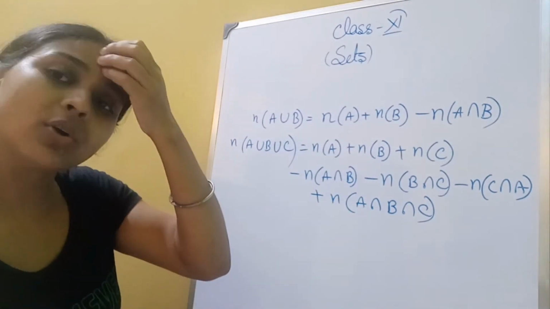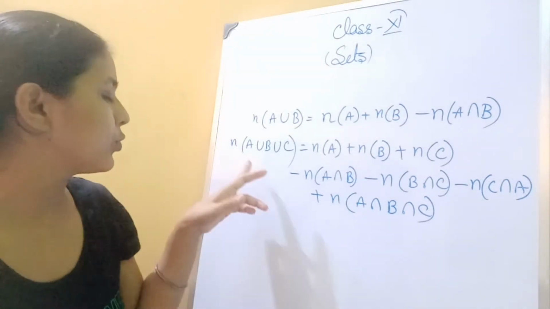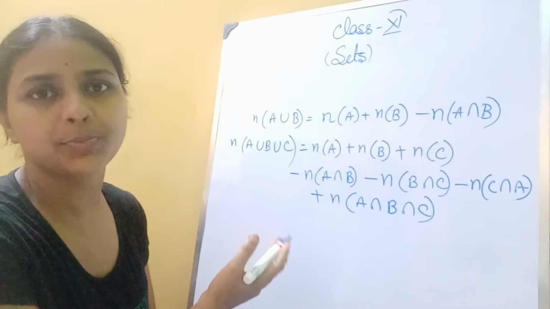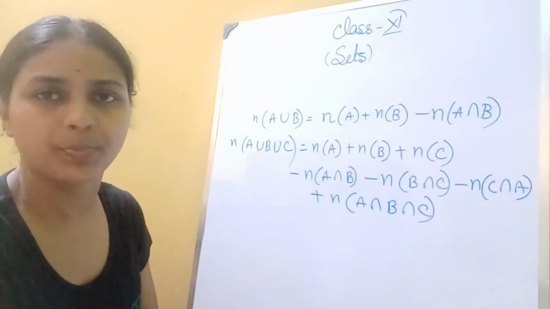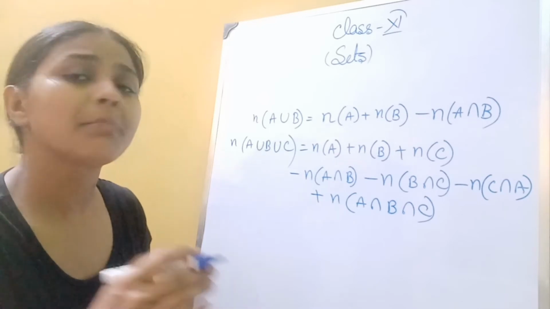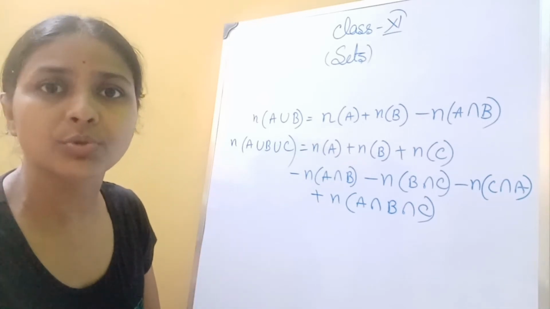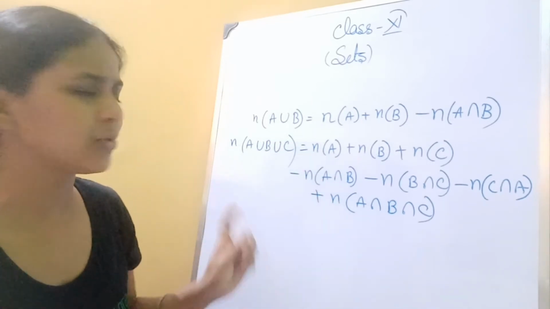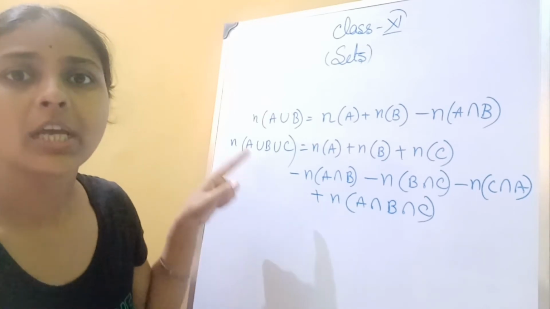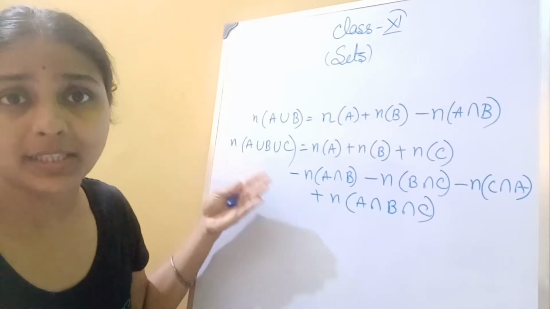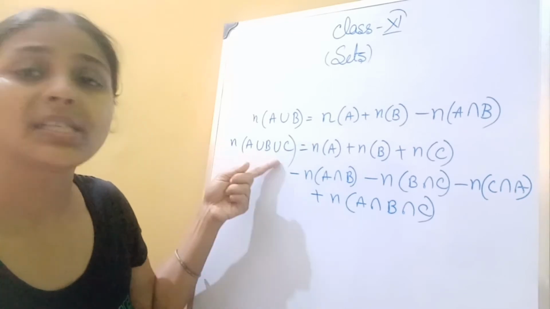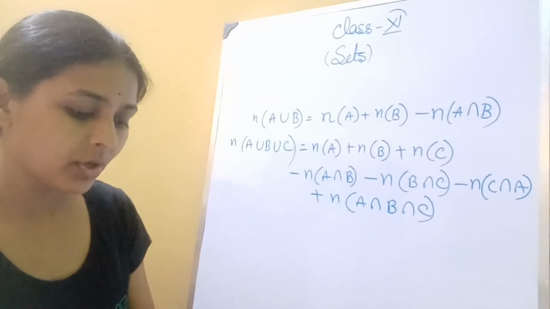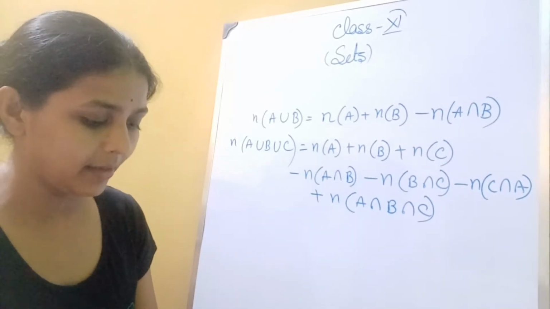Now this can also be very easily proved by Venn diagram. This proof is there in the NCERT book, so you can open the book and go through it. It's very simple, but I would still prefer that you do it on your own using a Venn diagram. It's super easy, there is no problem with it. There will be some practical problems based on 3 sets, so we will choose one question where 3 sets are involved.